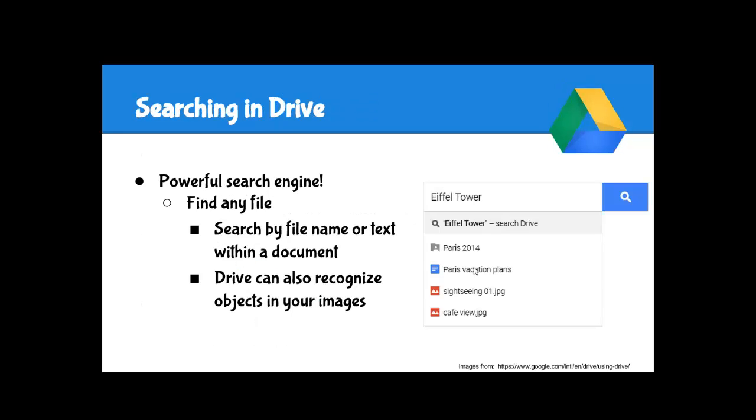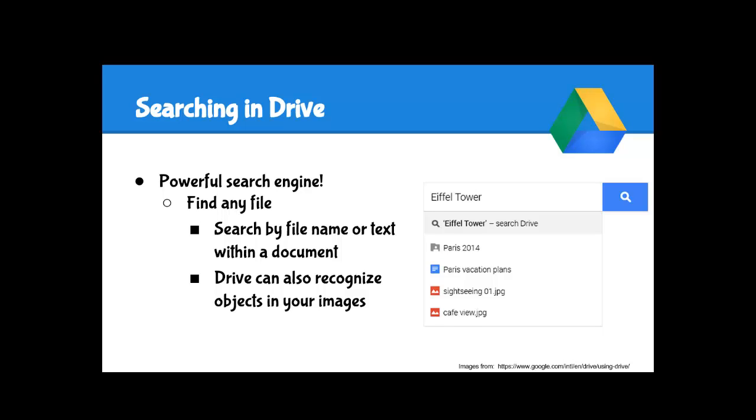Searching in Drive is easy and it's powerful. Basically, Google started out as a search engine, and it's one of the best and most powerful search engines in the world. Well, what they've done is they've taken their search engine and they have included it and integrated it into all of their products. So when you save stuff in your Google Drive, even if you don't have a very good organizational schema, even if you don't give it a very good file name, you can find stuff. You can do keyword searches. It's going to search all the way through your file names and the text within your documents.